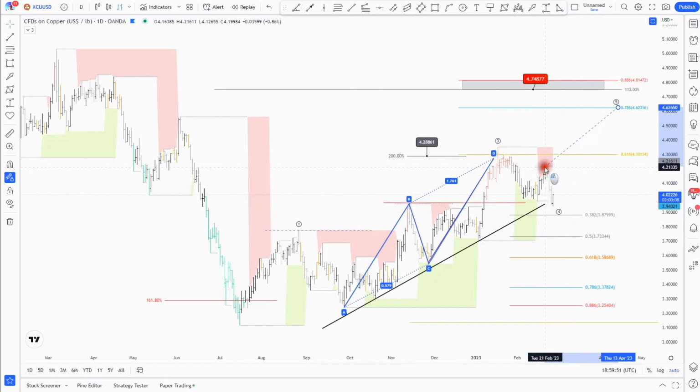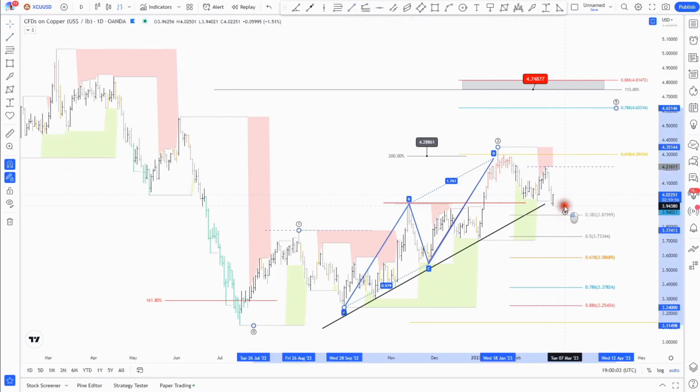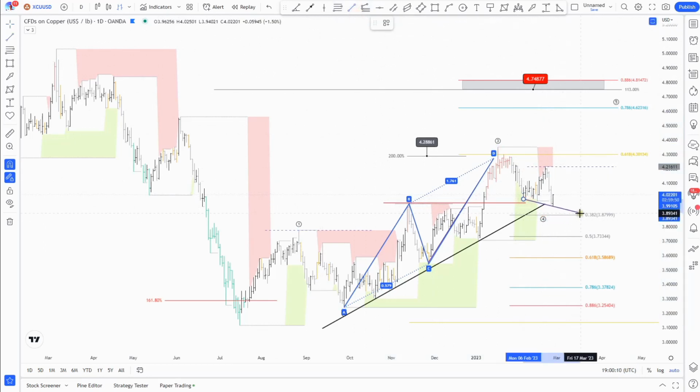fractal resistance, because a violation of this resistance will also confirm one of the processes that I share with you multiple times here in the channel. That will also confirm the potential false breakout of the support. And the false breakout of the support, as usual,